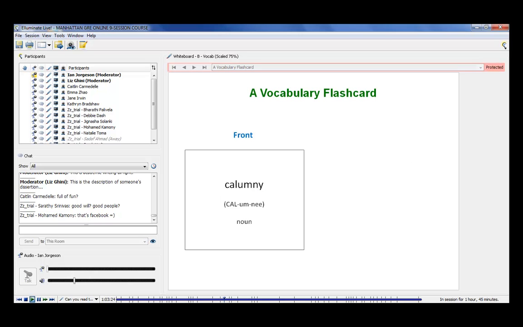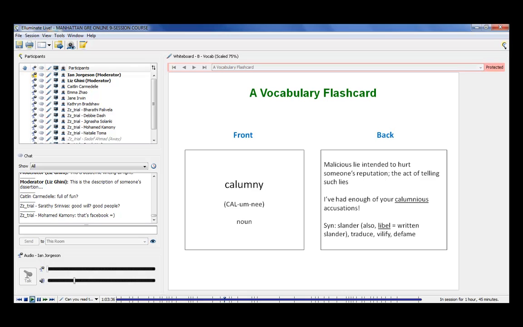So here's the front, calumny. Calumny, a noun. Notice that we don't just put the word, we put the pronunciation, and we put what part of speech it is. And then here's the back, right? Notice what's on the back. It's not just the definition of the word,